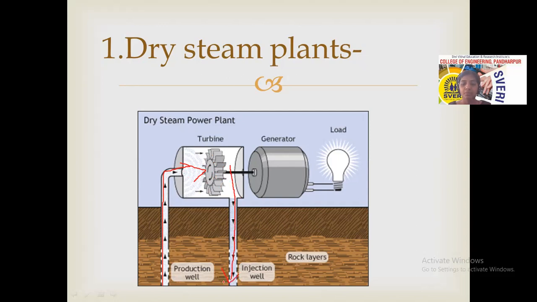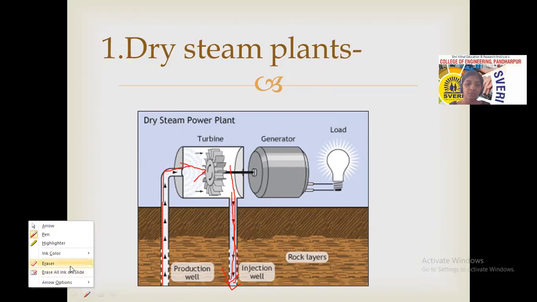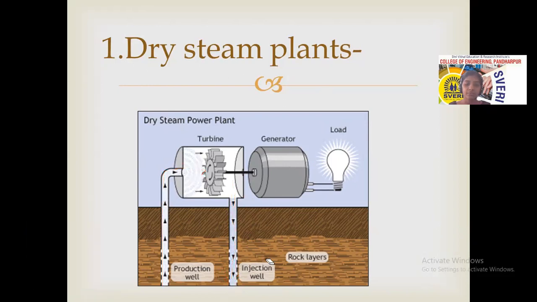The temperature below the ground is highest. So the cooled water, or cooled vapor, is transferred again underground, and the temperature of that water is heated again, and the steam formed is transferred for the next cycle. This is the process of the dry steam plant. In a dry steam plant, water is not transferred, only steam is transferred to rotate the turbine, so the temperature of that underground water is much higher.